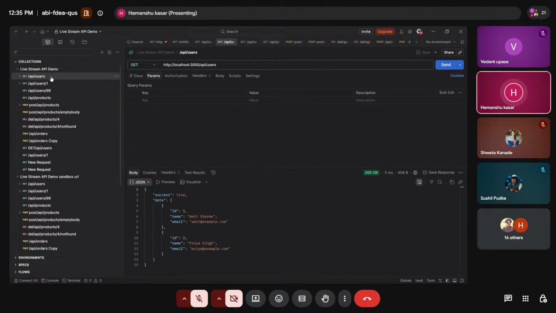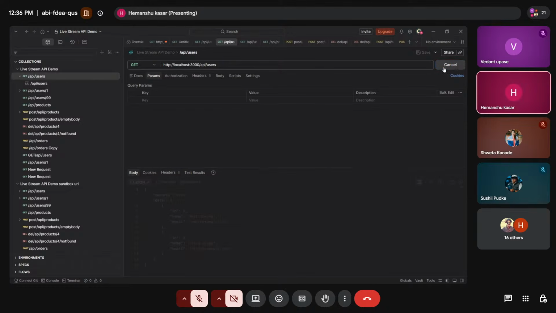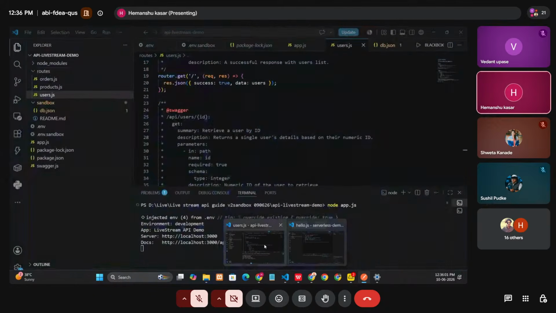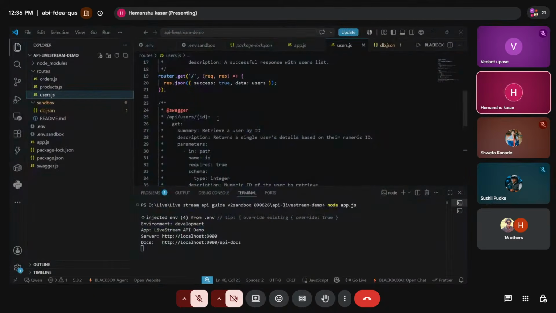So first of all, coming over to this endpoint slash API slash user. Here we will expect the response is 200. So first of all, I will execute this. What we will get here is all the user data we will be able to receive here. So in the code, as we see,